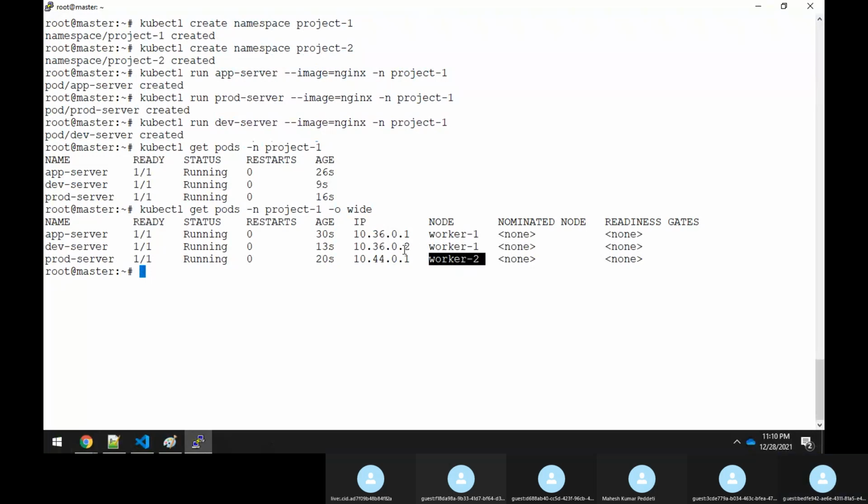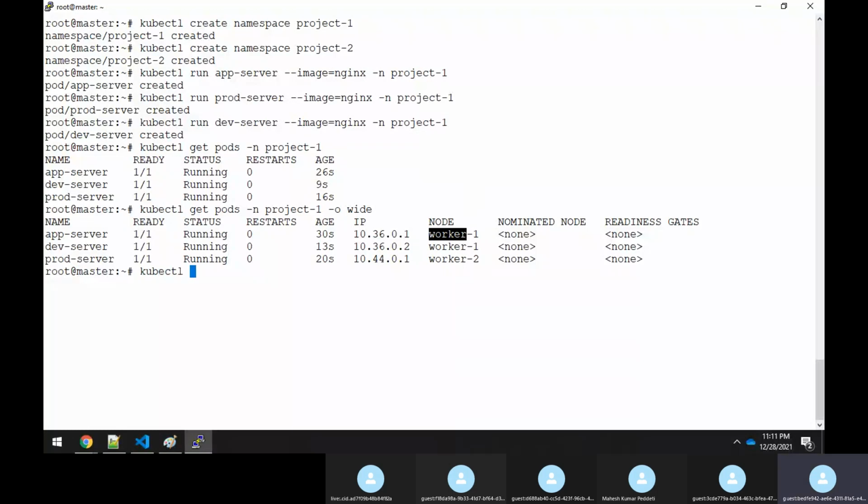Do you agree with me, sir? Yes, Rajesh. But I have a namespace project1, and all the pods running under the project1 namespace should always get created in worker1 only. They should not get scheduled in worker2.